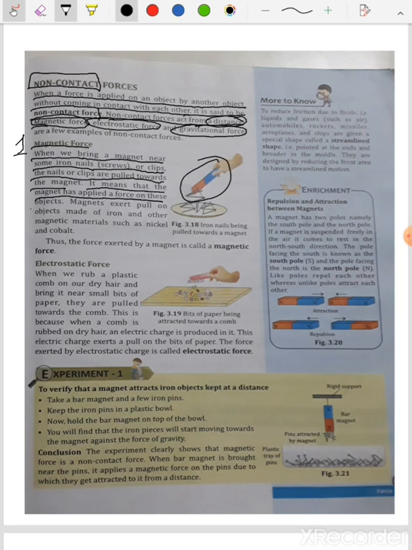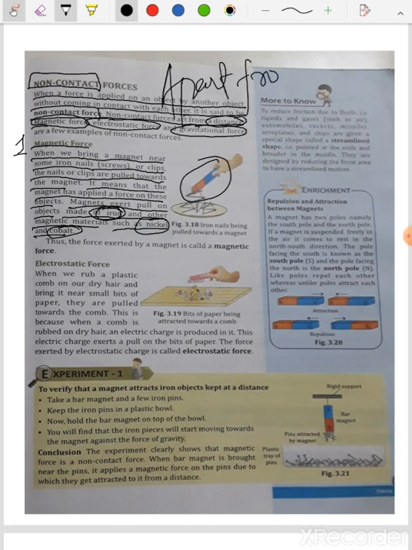these objects. So the magnet exerts a pull on the objects made of iron and other magnetic materials such as nickel and cobalt. So apart from iron, which other substances does a magnet attract? It attracts nickel and cobalt. Okay, you can circle this. Apart from iron, a magnet also attracts nickel, N-i-c-k-e-l, nickel and cobalt. It's here, you can circle them, cobalt and nickel. Thus the force exerted